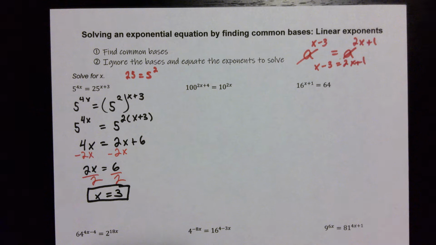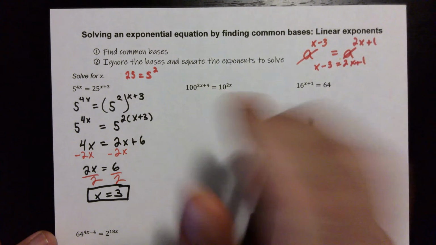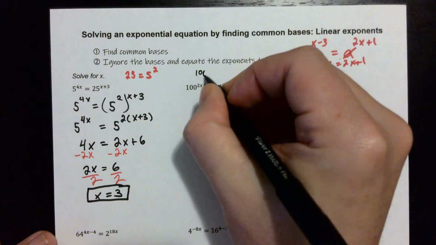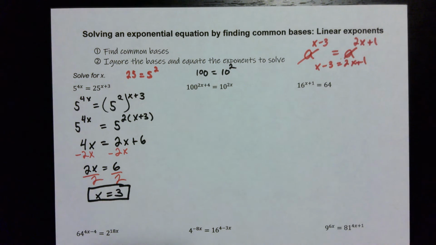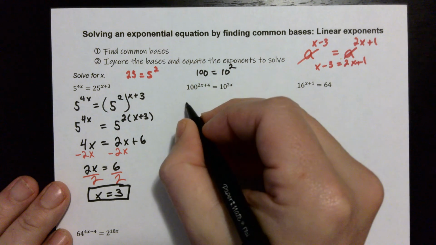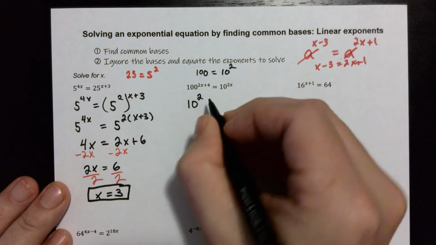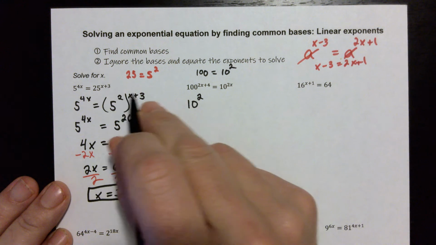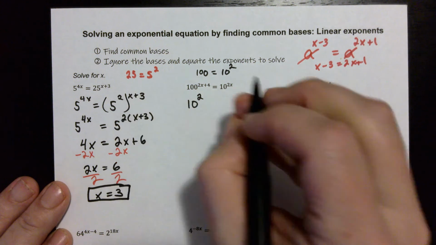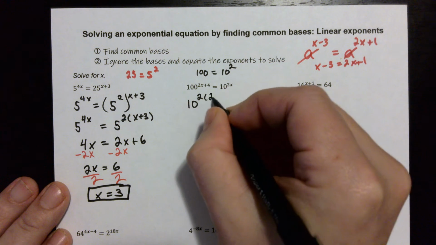Okay, let's take a look at the next one. We've got 100 to the 2x plus 4 and 10 to the 2x. They're not the same base, but I know that 100 can be written as 10 squared, and that will give me like bases. So I will write this one as 10 to the 2, and I'm going to go ahead and just multiply, because I know the next step is just to multiply. So I'm going to do 2 times 2x plus 4